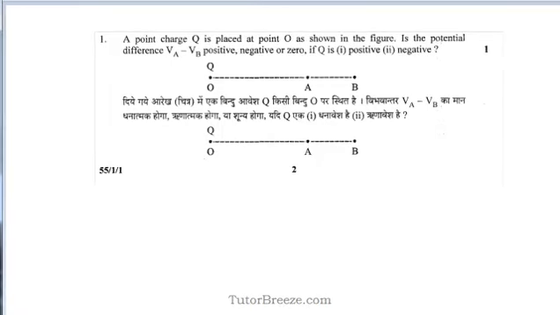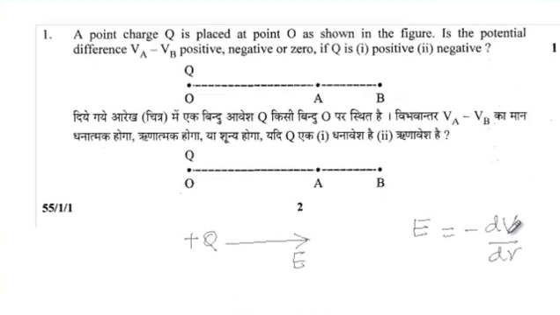See, if the charge Q is positive, then the electric field will be in this direction, outwards. And you know that the direction of the electric field is along the negative gradient of the potential, which means that the electric field points in a direction in which the potential is decreasing. So points which are closer over here will be at a higher potential, and points which are further away will be at a lower potential.